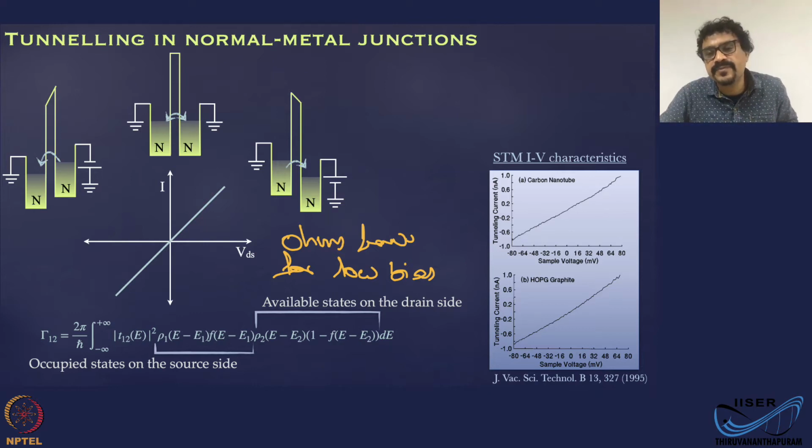Now, what does this tunneling experiment probe? It probes the density of states. If there are no states available, then you will get a gap in the tunneling current or tunnel conductance. For example, if there are no states available here, there will not be any current, and that is going to reflect as zero current, or a gap in your IV trace. So what you are probing in the tunneling experiment is always the density of states.